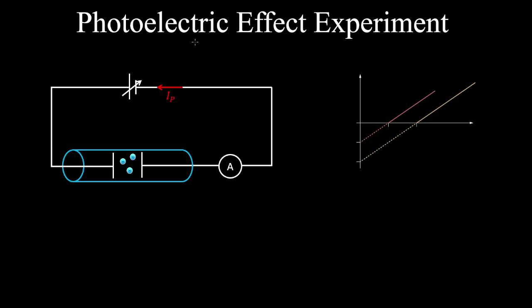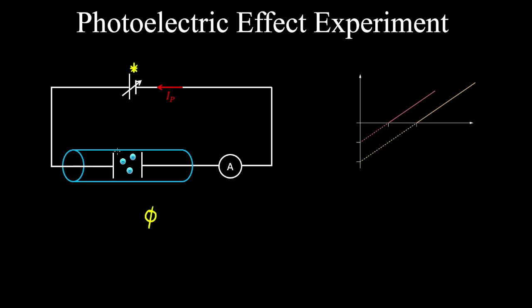In a typical experiment to demonstrate the photoelectric effect and determine the work function of a metal, two metal plates are placed in a vacuum chamber, for example an evacuated glass tube, so the ejected photoelectrons don't interact with air molecules, which would reduce their kinetic energy. These two plates are connected to a variable source of potential difference. This power source allows us to adjust the voltage and therefore the potential difference between the plates.